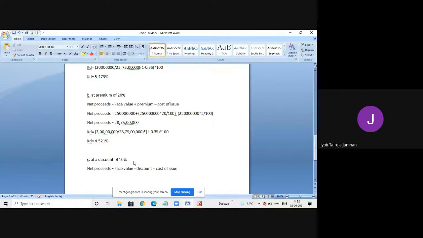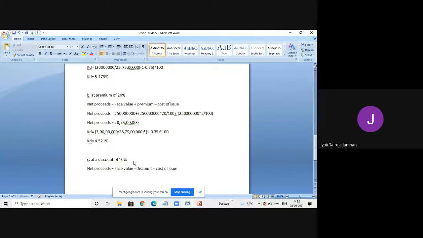And when will it issue at discount? When there is no demand for the bonds in the market. No demand doesn't mean zero, less demand. The company wants to issue 50 bonds and there are only 40 people ready to buy. In that case, the company will issue it at a discount. And at a discount means they'll issue it below the face value on the bond. Face value will not be reduced. Whatever is typed on the bond, it will remain the same. But while issuing, they will collect less amount.